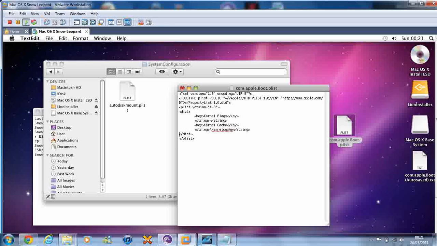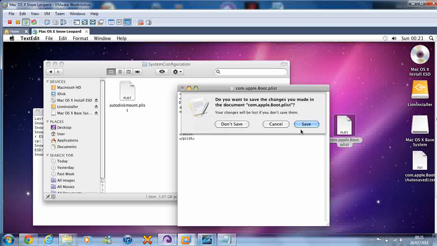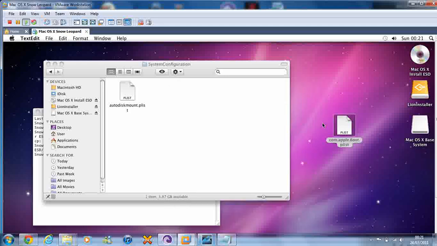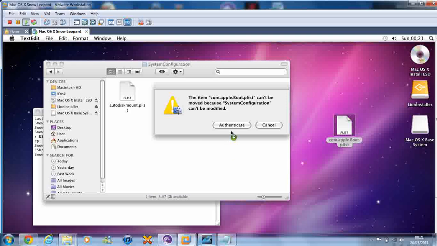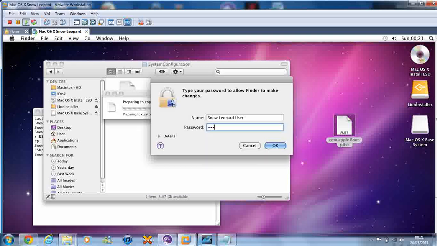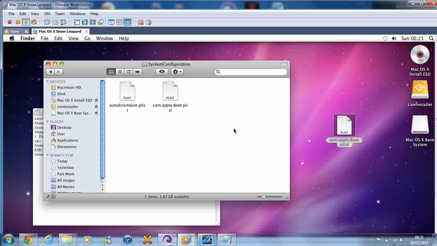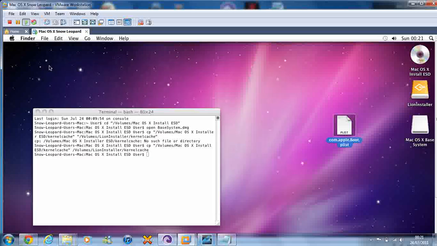Make sure that that goes back to the bottom. So you can see there, your boot plist should look like that. So just close it and save it, and then drag it back into the SystemConfiguration folder. The reason you have to delete the original is because there's a load of permission problems, so you can just do it like that. And close that, and then back into Terminal, and you want to type in sudo rm